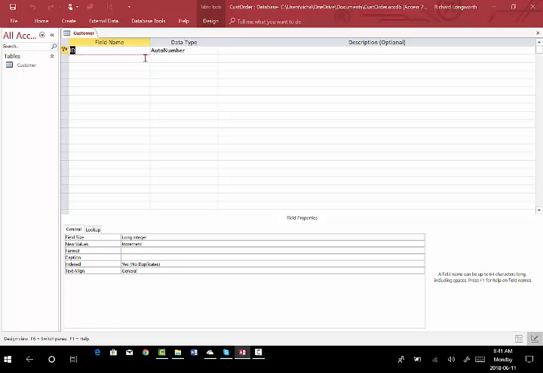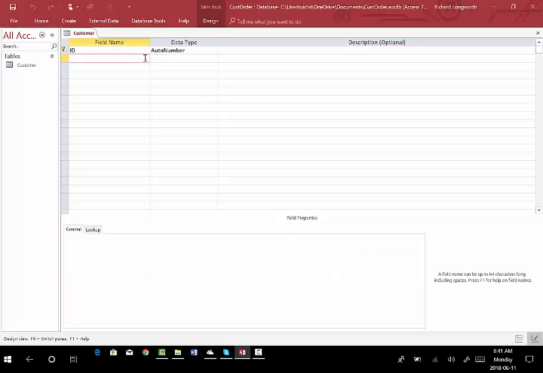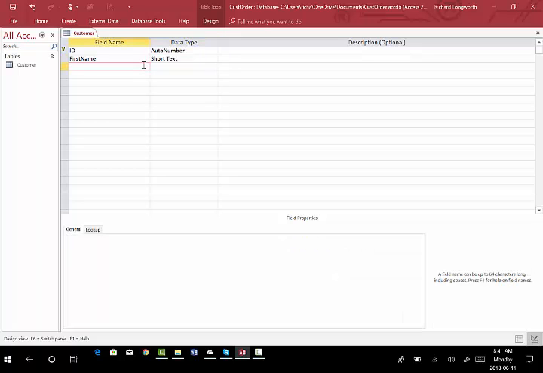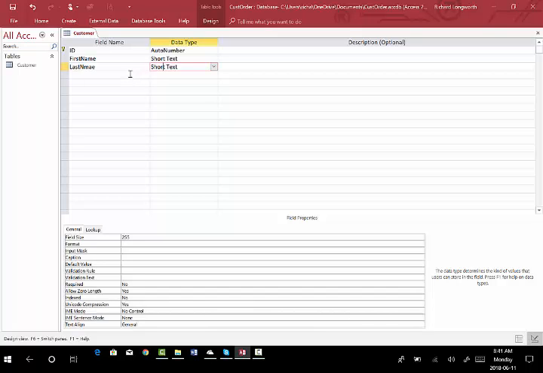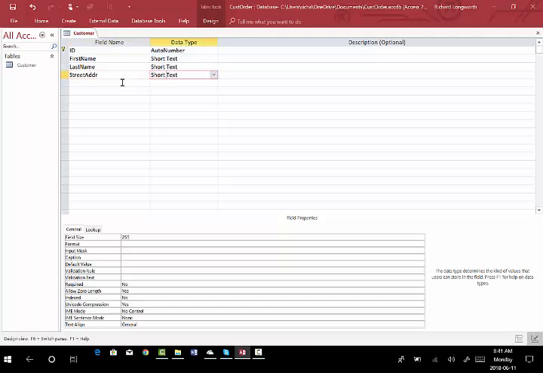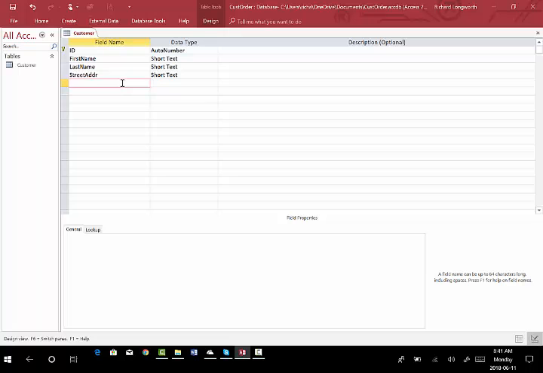Let's click on the second field, and in the second field I want first name to be my field name, and the data type is going to be short text. In the third field I want last name, and again short text, and let's just correct that spelling. And I'll go into the third field name, and this is going to be street address. Again, I'll default the data type, which pops up as short text, followed by city,